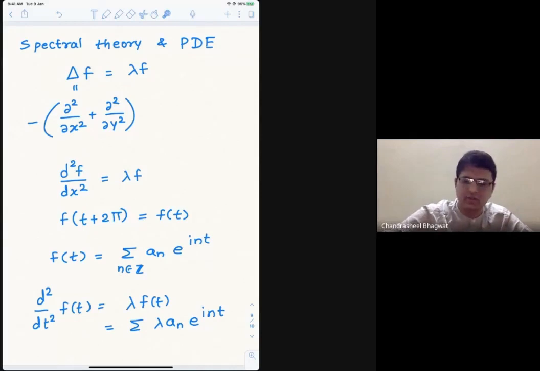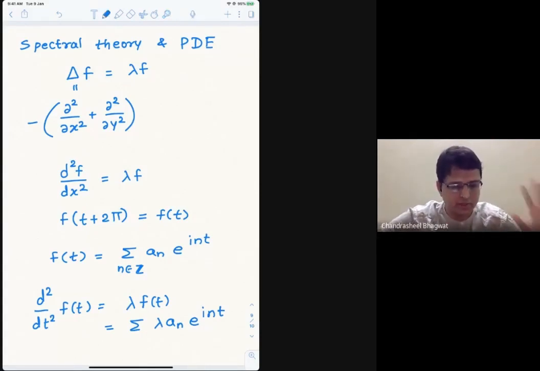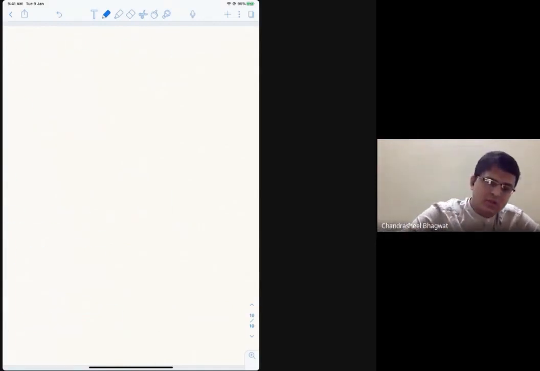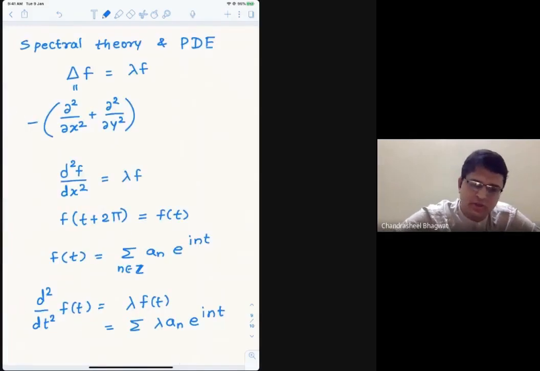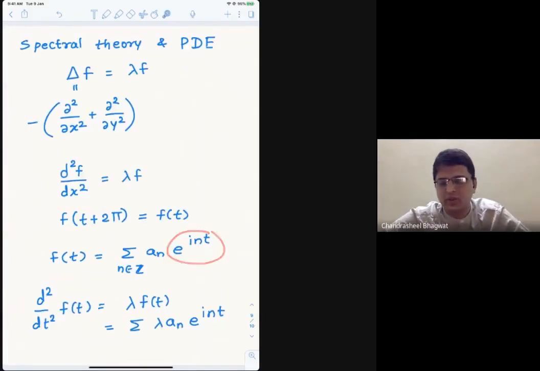not going to justify here, why is it true? It is related to one of the things I talked about in the beginning about some previous work of Leonard Carlson. So you differentiate the right hand side twice. You differentiate this with respect to t twice, you are going to get i square into n square, which is minus n square.